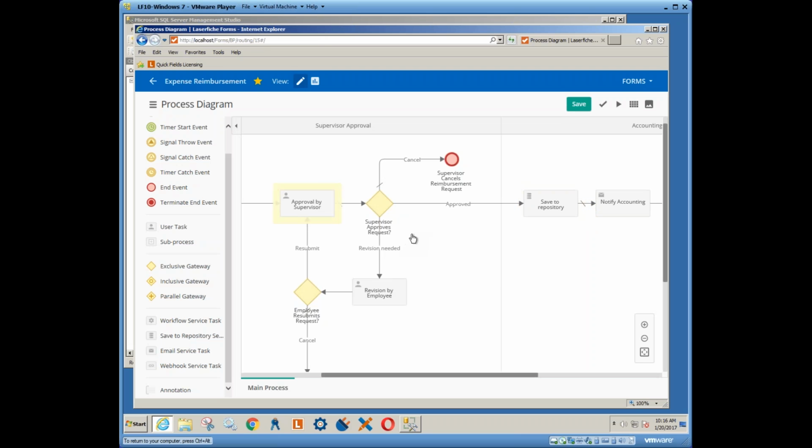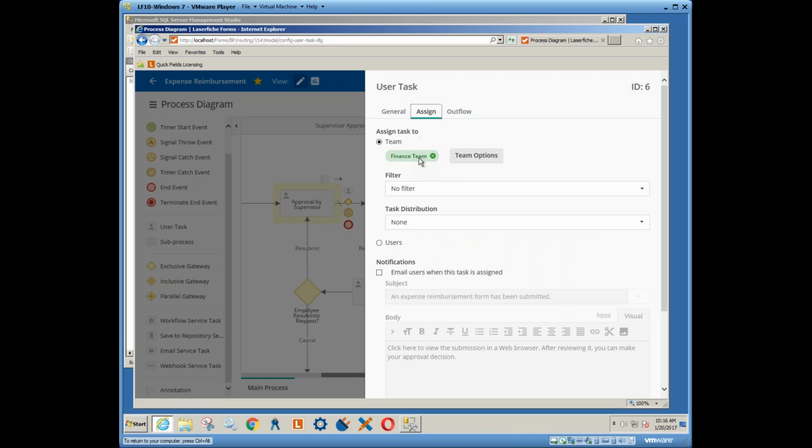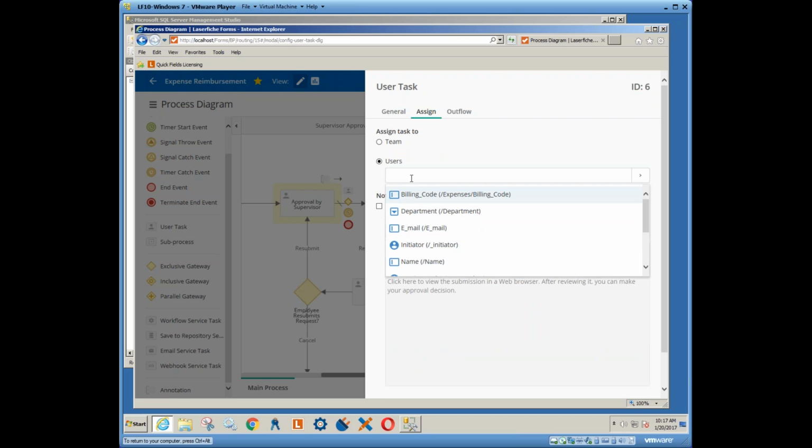And who's our supervisor? Let's go look at that property. So the next person to get the approval will be a supervisor. And notice the approver gets submit, approve, or reject. So in fact, the text would be, what does it say? Send back for revision, which, as we can see, would be that branch that comes back to the original submission person. But the approver is going to be, well, we have a team, and let's assign it to a user, and I'll just start typing,